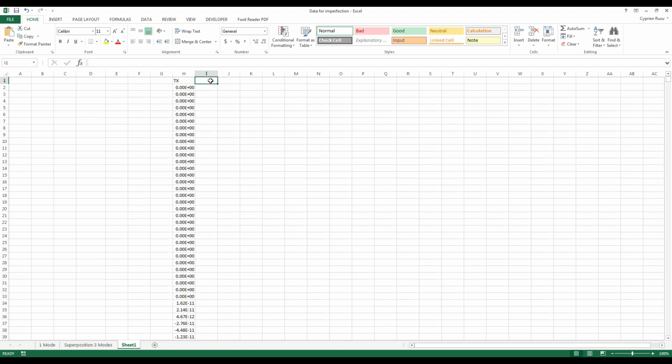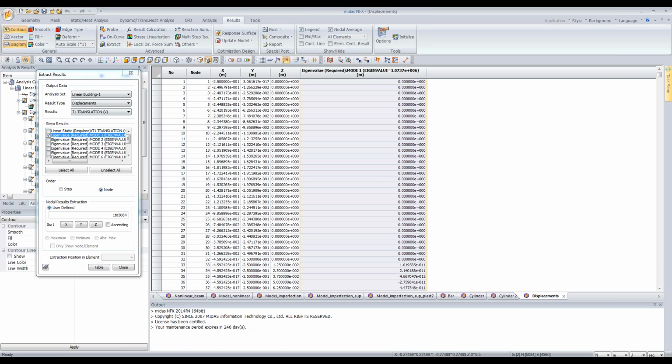We are doing exactly the same procedure for the TY and TZ. So right now I'm not doing this, but I will show you the final result. So actually we are doing the same steps, but for the T2 and T3. And since we have it,